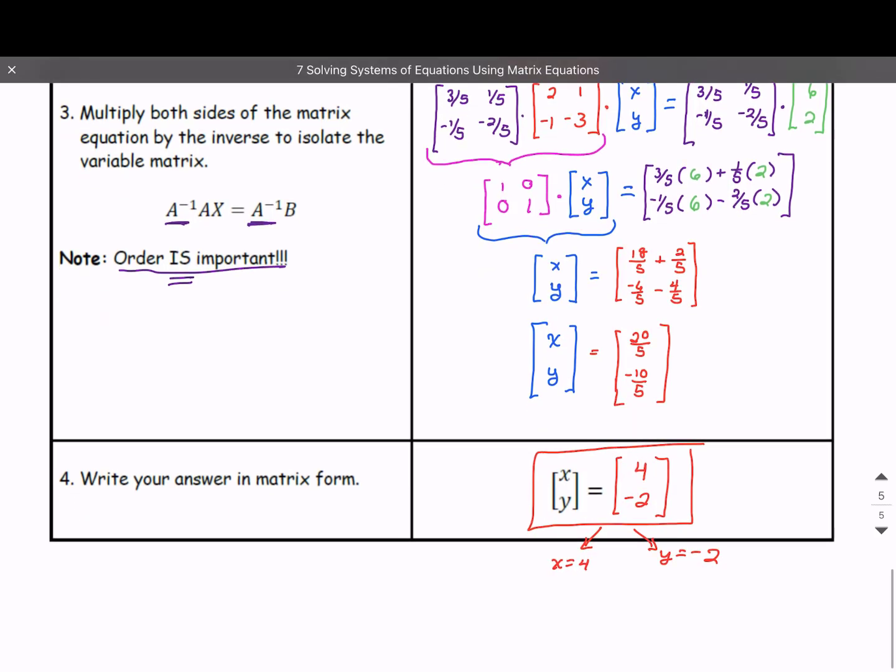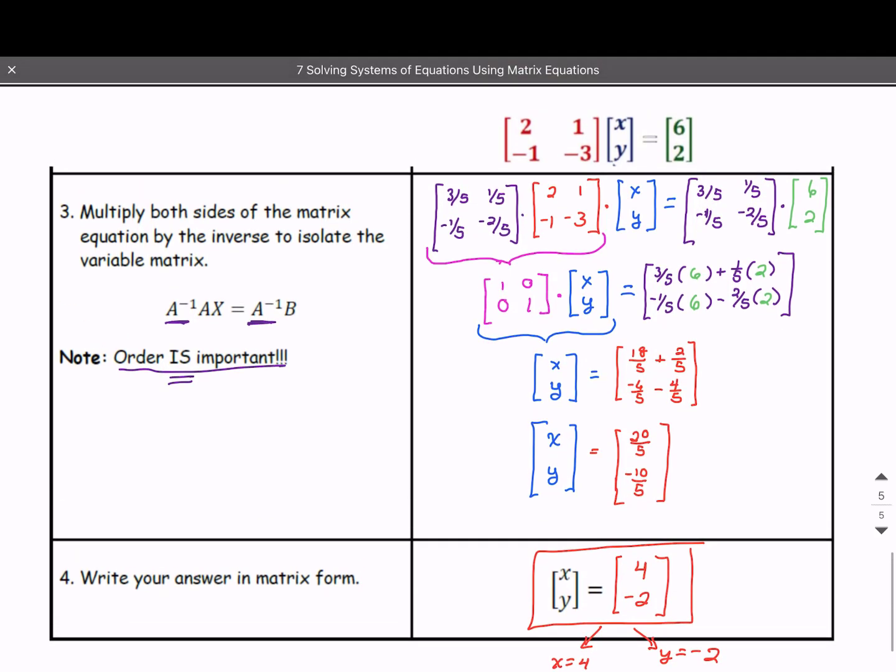All right, guys, so we learned a new method for solving a system of equations. And yes, I am making you show out all the work that is here. But once we've mastered this, I'll have another little trick to show you to help you make this a little faster. But here we go. When you have a system of equations, you're going to write the coefficient matrix times the variable matrix equals the constant matrix, and you're going to multiply both sides by the inverse of the